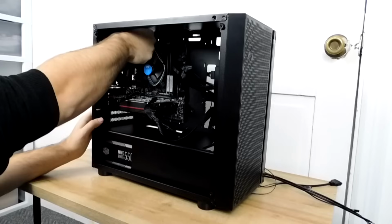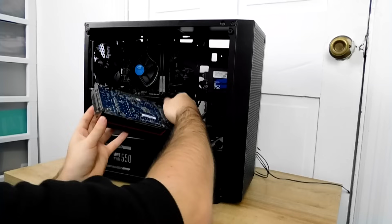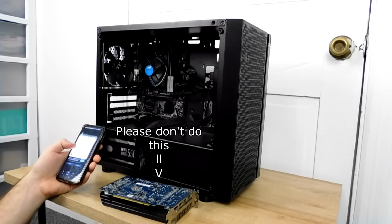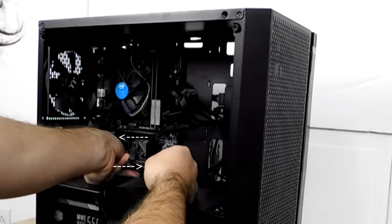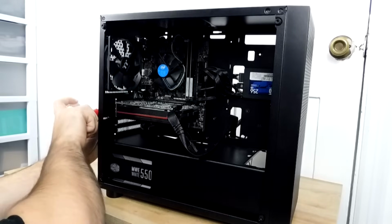Great. So, after a bit of cable managing here and there, taking out the GPU briefly so I can better access and connect all of our front I/O, having to look up the said I/O pin headers for what goes where, only to find they are designated on the board all the way on the left despite the header being more to the right, it was finally time to reinstall the GPU, clean up the rest of the PC to...